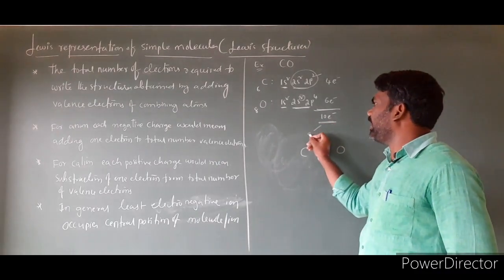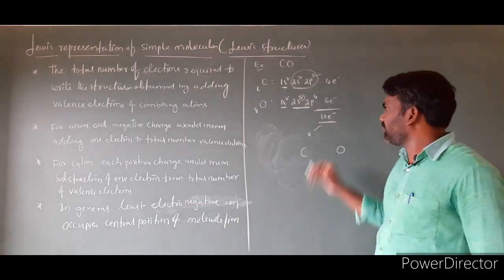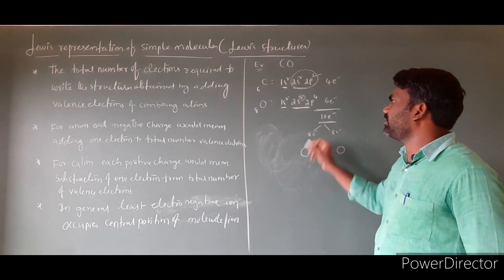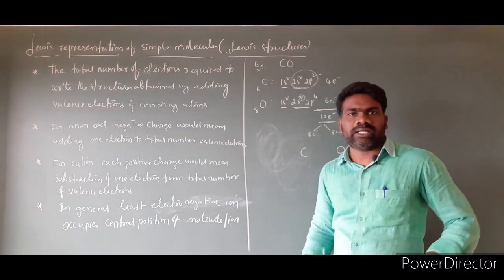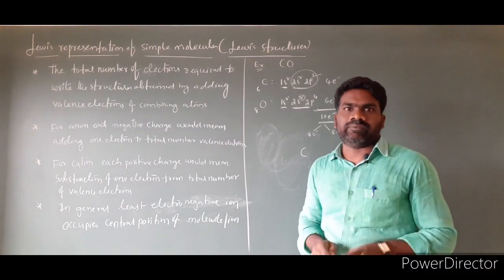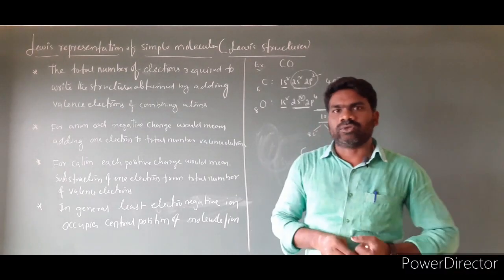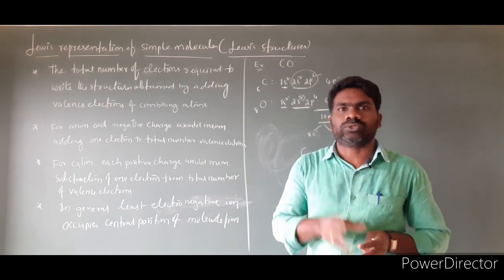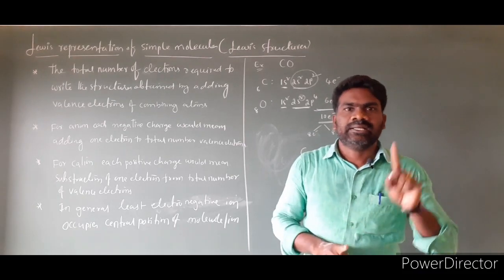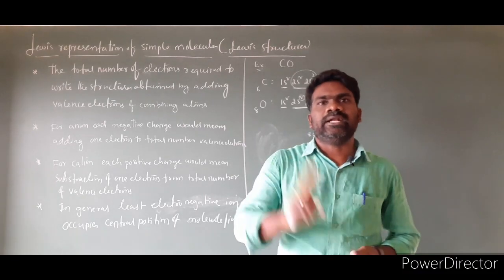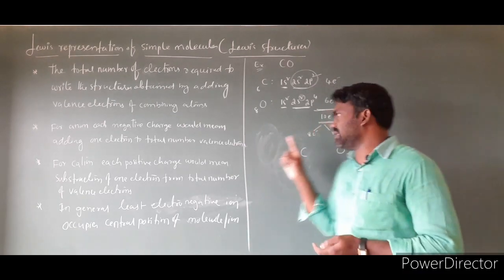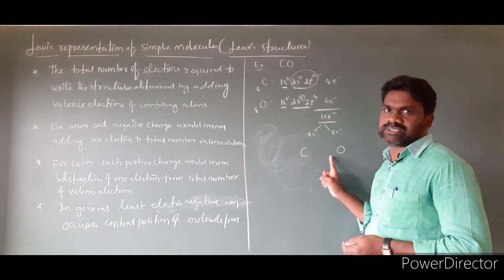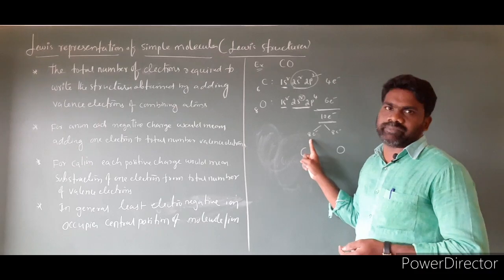Then we have to give 8 electrons to the carbon atom and 8 electrons to the oxygen. I will give one general example. You have 10 rupees, and these 10 rupees we have to distribute to 2 persons. The condition is each person must get 8 rupees. Imagine 10 electrons as 10 rupees, and you have to distribute them to the 2 persons.